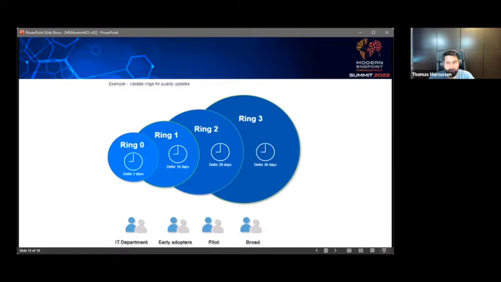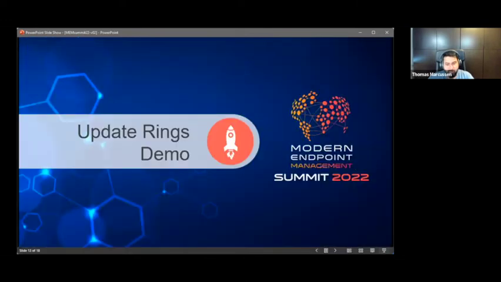It's a good way to catch the first problems, because the problems you might experience might not be experienced broadly. It could be due to specific applications in your environment, specific configurations, or other things. So it's always a good idea to select a varied set of users so you can test most of your applications. This way you can thoroughly test an update before it hits the broader rings. And that's what I've tried to illustrate with the ring set updates here. Let me try to show the update rings.